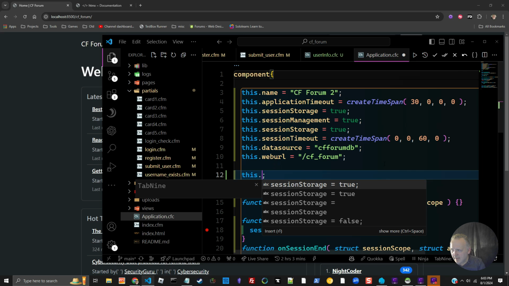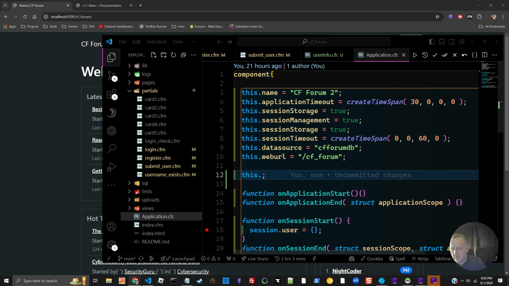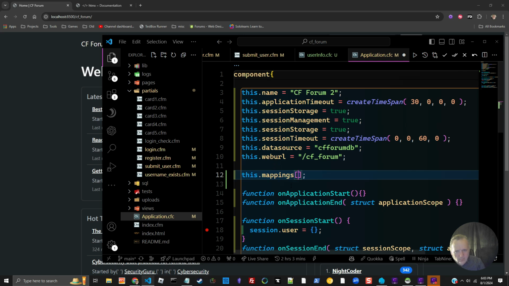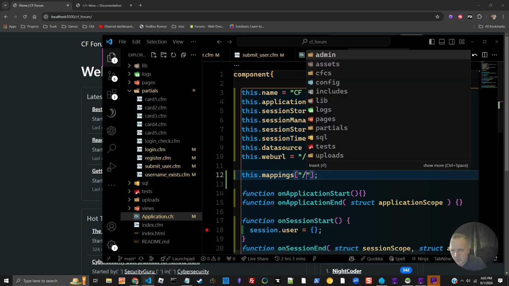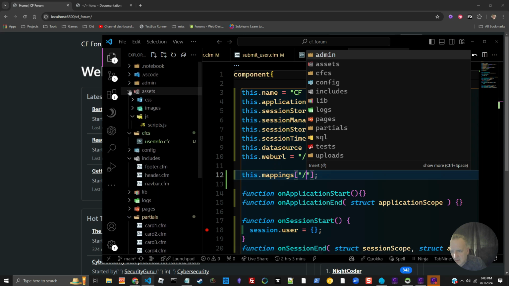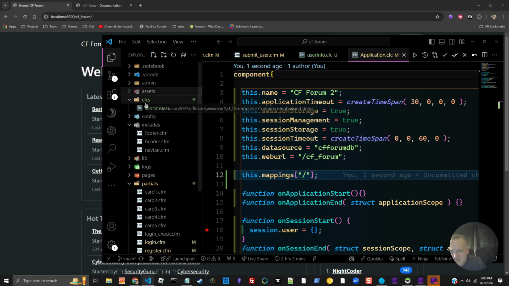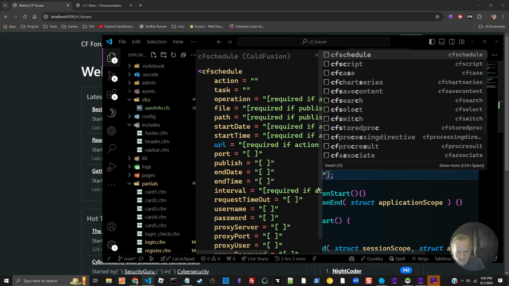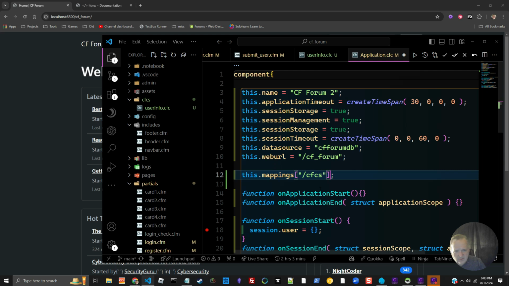I was debating about using request, but let's do this mapping, and we will do double quote, slash, where is CFCs? Is it in the root? CFCs is in the root, so let's say CFCs,